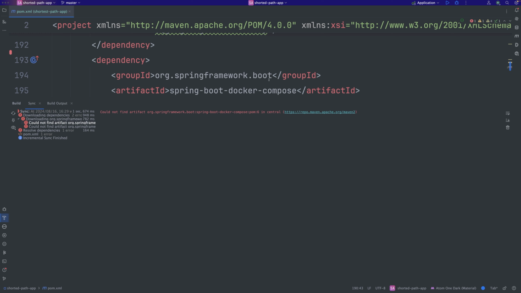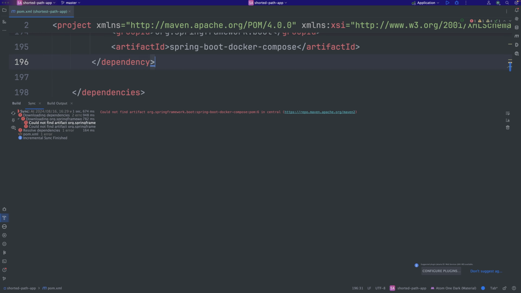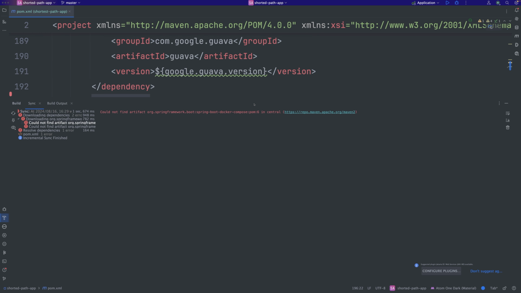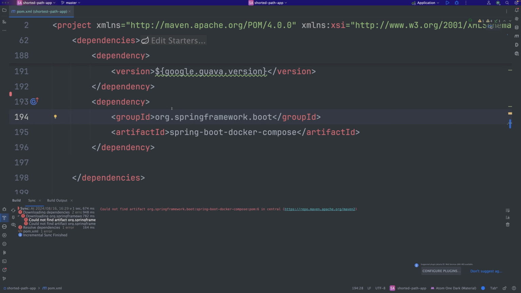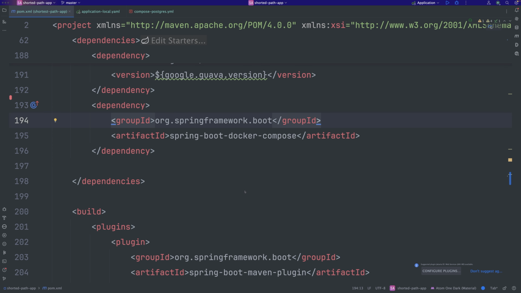Oh, I've got an error. Oh, versioning. I don't need to bring the version in here because I've already set the Spring Boot version. Now we are happy. The second thing that you'll need to do is to create a Docker Compose file, because